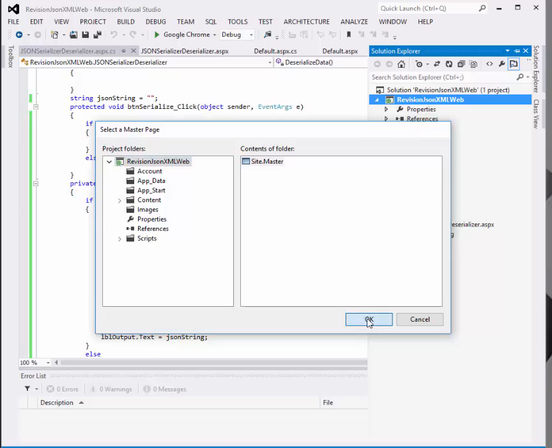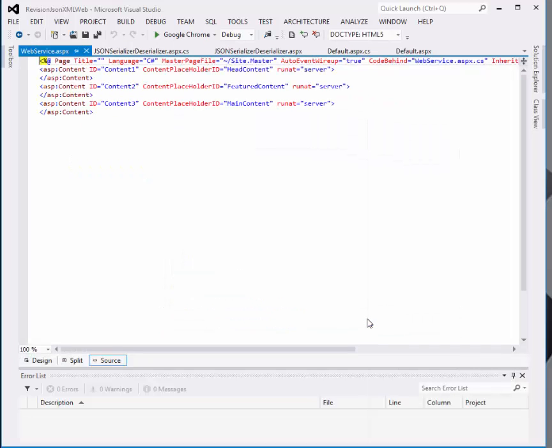Web service, as you know, I have to web service,